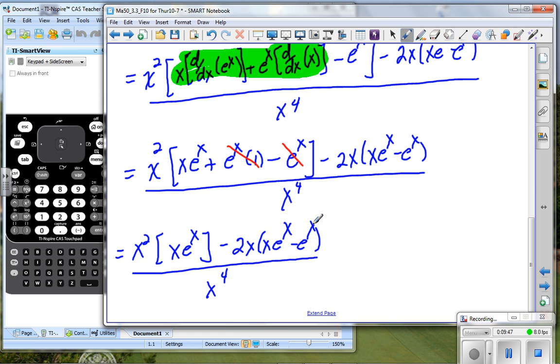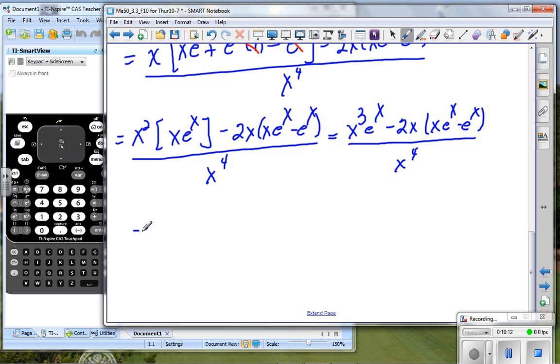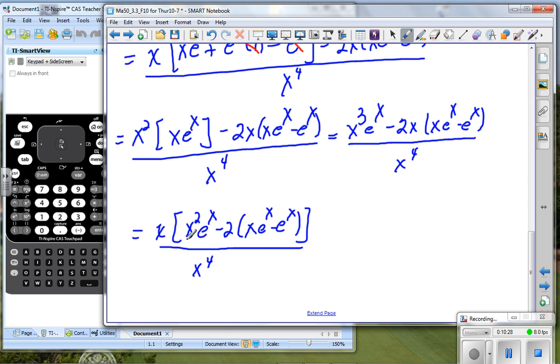I've got to be careful about distributing this through, because at this point what I'm seeing is that if I have x cubed e to the x minus 2x, the quantity, I could factor out an x from both of these, and I would have x squared e to the x minus 2, the quantity x e to the x minus e to the x, divided by x to the fourth, and I can do some canceling then with these two factors,